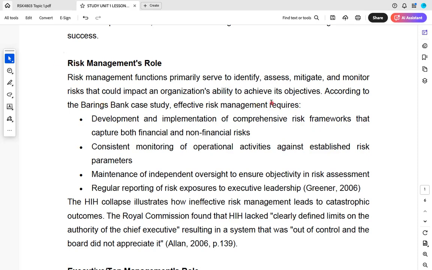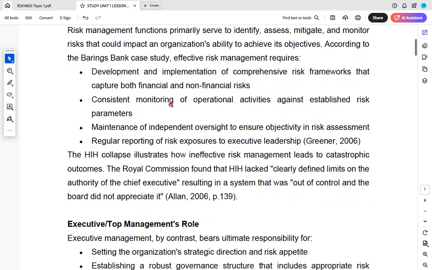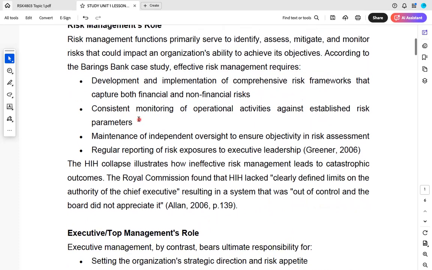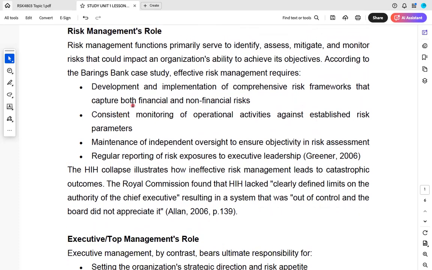So that case study, if you read that article, we actually see from that article that effective risk management also involves development and implementation of comprehensive risk frameworks that capture both financial and non-financial risks. These were not available at Barings Bank. You need consistent monitoring activities against established risk parameters. This individual, Nick Leeson, there wasn't a lot of monitoring on him. He was given a lot of freedom to do what he wanted to do